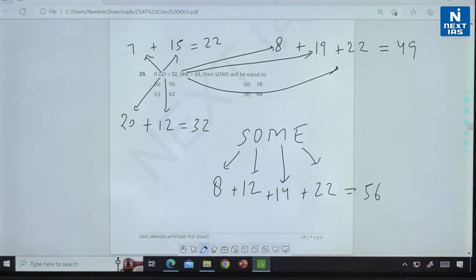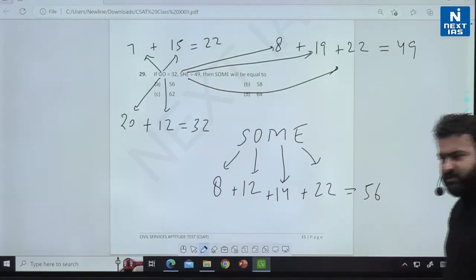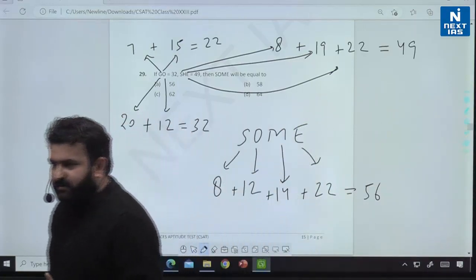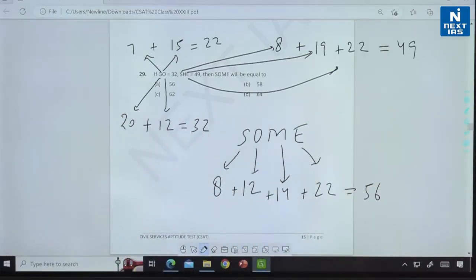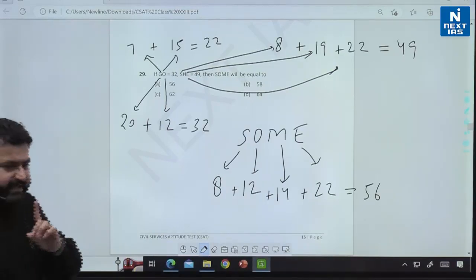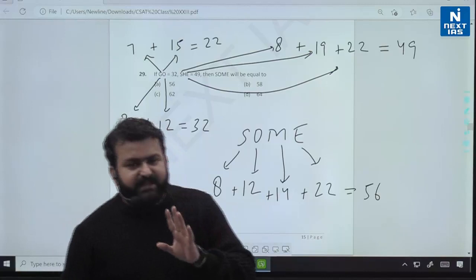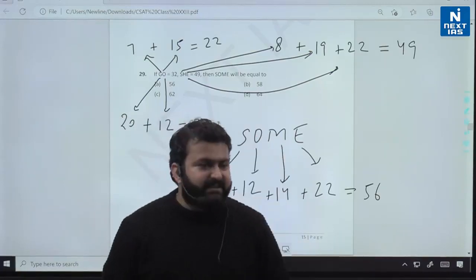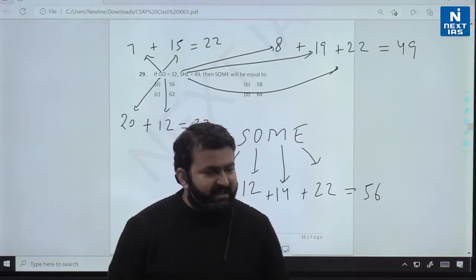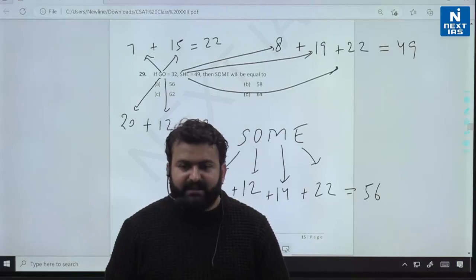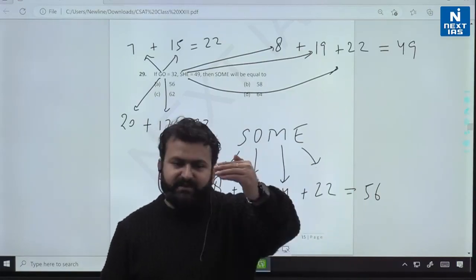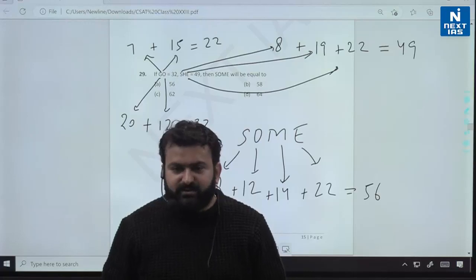Now see, this is an important question. Is this question clear to all? No confusion to anyone? Now remember, from next time, generally our tendency is to count the position from the left hand side only. No, you check from the right hand side also. Is it clear or not? From the left hand side you know the position, so from the right hand side also find out the position.